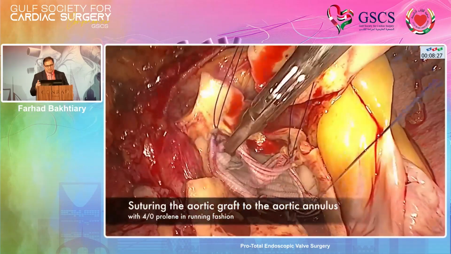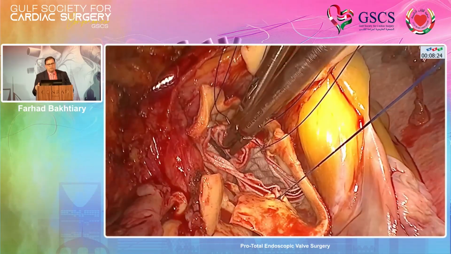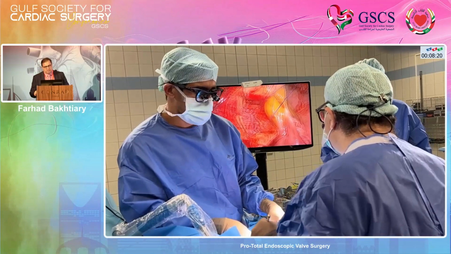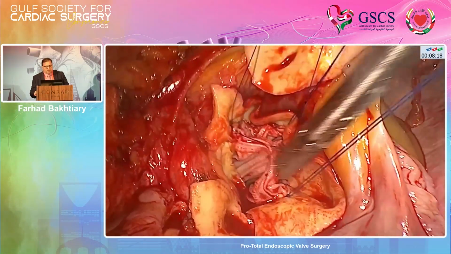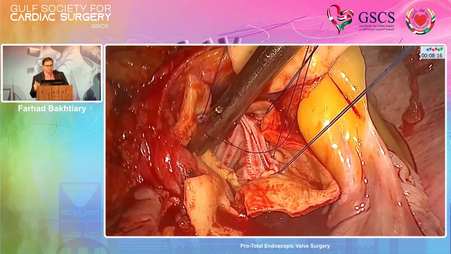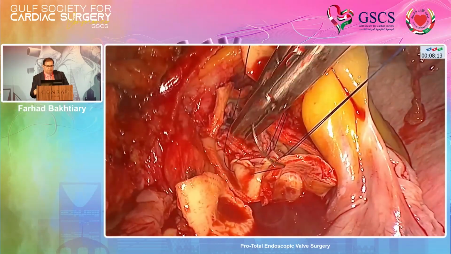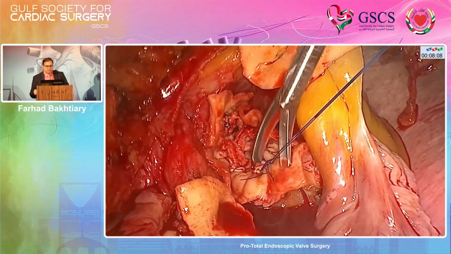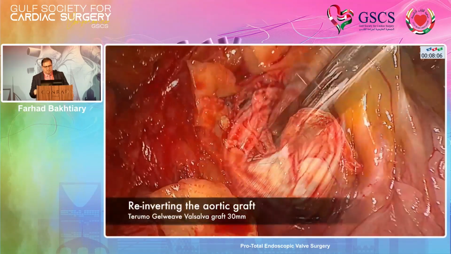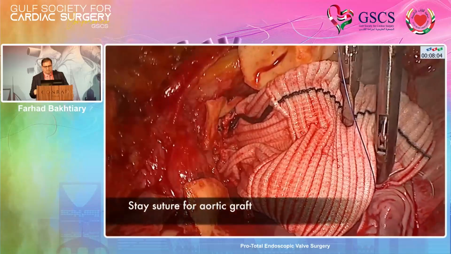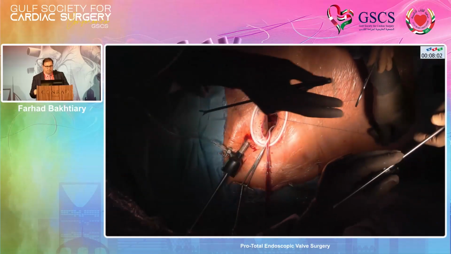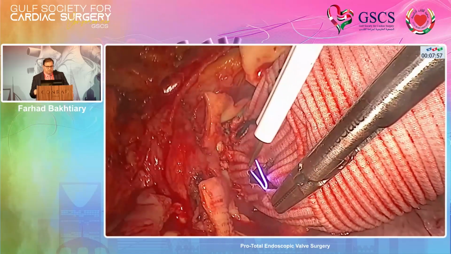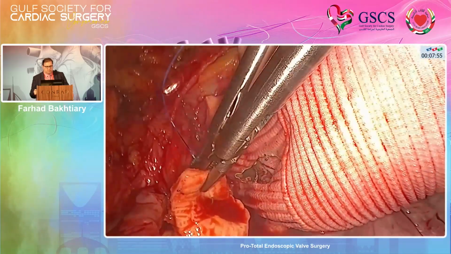And for those cases which we do for dissections to replace the aortic root, and also in older patients who need aortic root replacement, we go for a sutureless Bentall. Also in these cases, doing an endoscopic approach is possible without any restriction of the quality of your surgery. So again, doing the reimplantation of the left coronary artery,